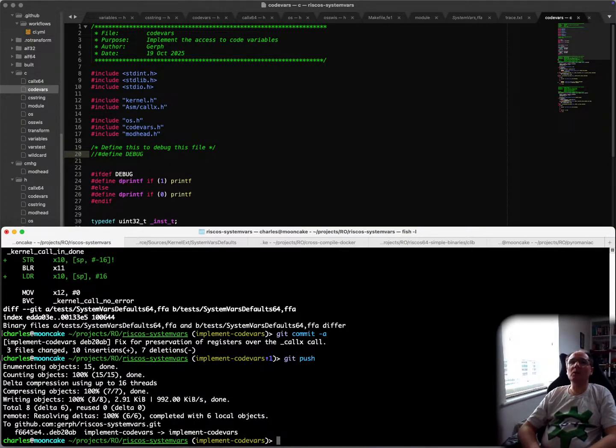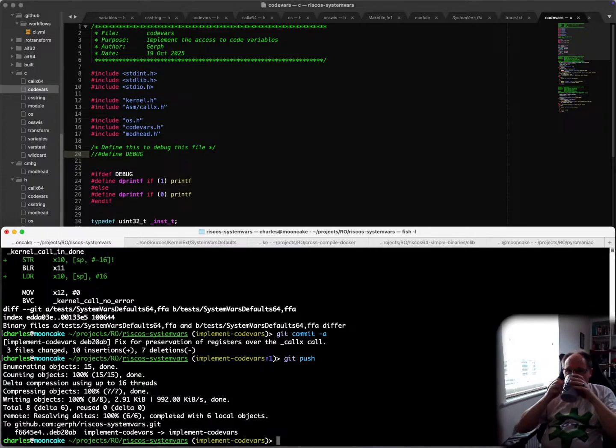The next thing I wanted to do was private pointers in the code variables. Now these were implemented in RISC-OS Select and probably weren't implemented in RISC-OS 5 because they don't really see any point in changing anything that is difficult. Maybe not is difficult, is already working, and so they don't want to change that. So anyway,